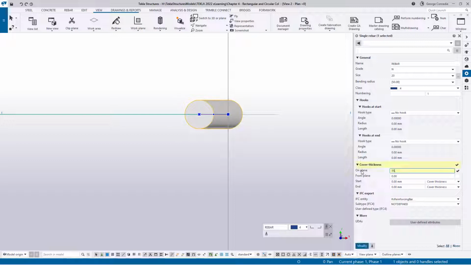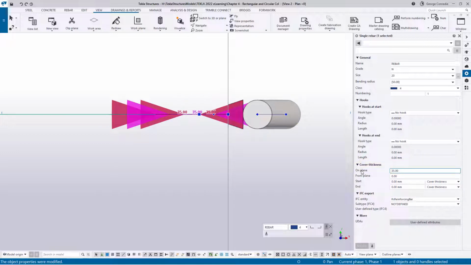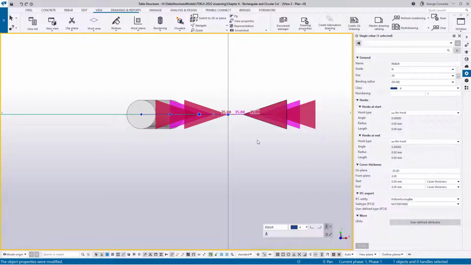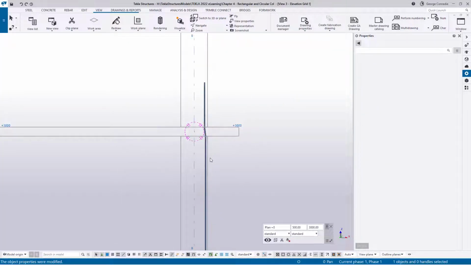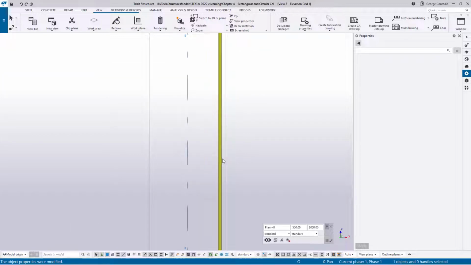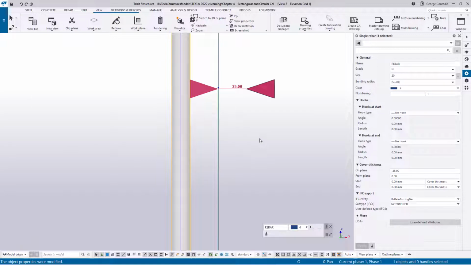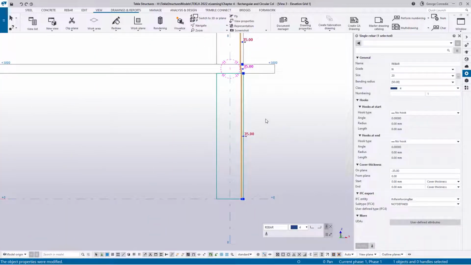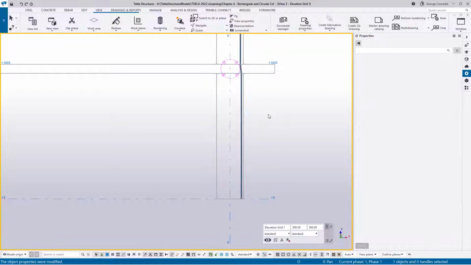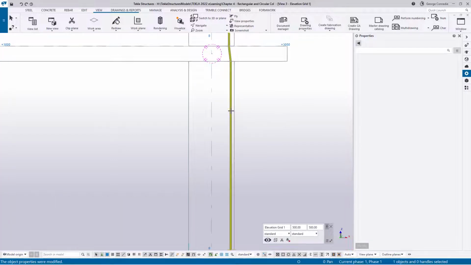So if I put in a 35 there, I can see it's moving it to the outside of the column. So if I make it negative, it pushes it to the inside. So now if we look at the elevation, we can see that bar is nicely inside there with enough to have the cover. If I just click on it, you can see we've got 35 cover as a negative, but it's actually a positive in this case. So what we can do now is